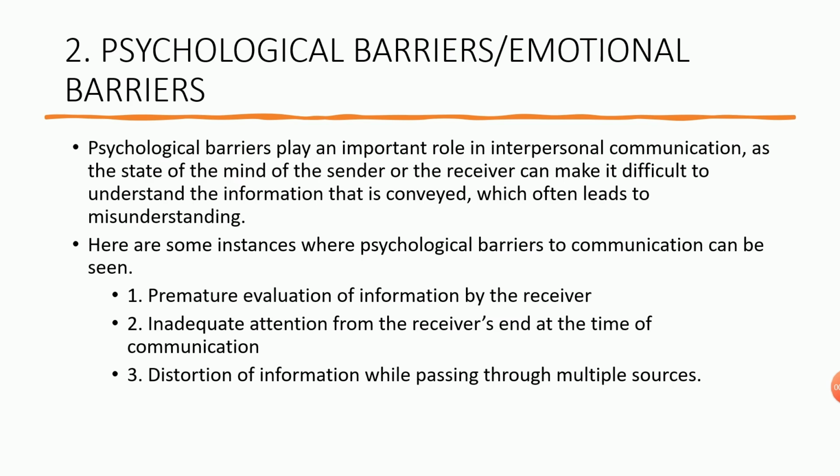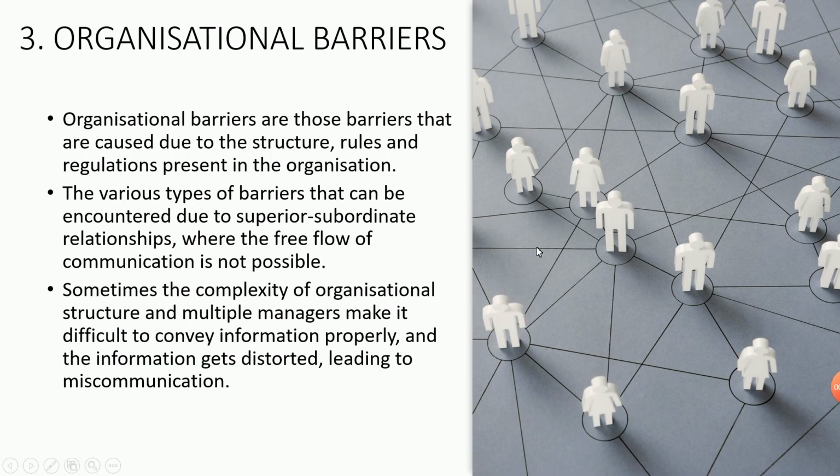So the information gets distorted or changed when it is passing through multiple sources. These are the different kinds of emotional or psychological barriers. Next, the third one is organizational barriers. This thing yesterday we have seen in the class, that there are certain rules where we cannot complain,